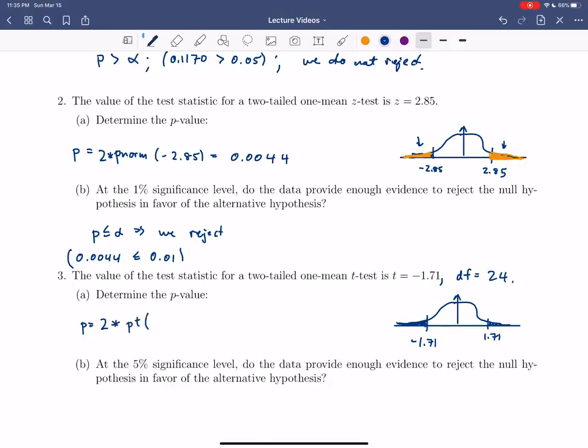We want to find the value up to negative 1.71, and we want our degrees of freedom to be 24. And if we plug that into R, 2 times pt, negative 1.71, with 24 degrees of freedom, tells us that our p-value is